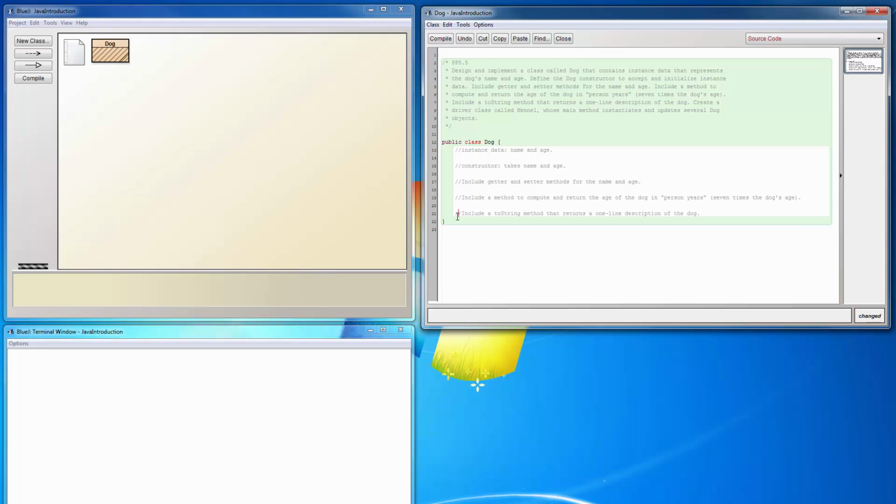This last part here says create another class, right? Create a driver class called kennel. When they say driver class, what they're really meaning is just something to guide, or to test your main class. Our main class we want to work on is dog, but by itself, dog just kind of sits there. We need another class that will actually make instances of the dog class. We'll actually create dogs. That way we can test it and see whether those dogs work the way we expect them to. So here we're just saying create another class called kennel, whose main method instantiates and updates